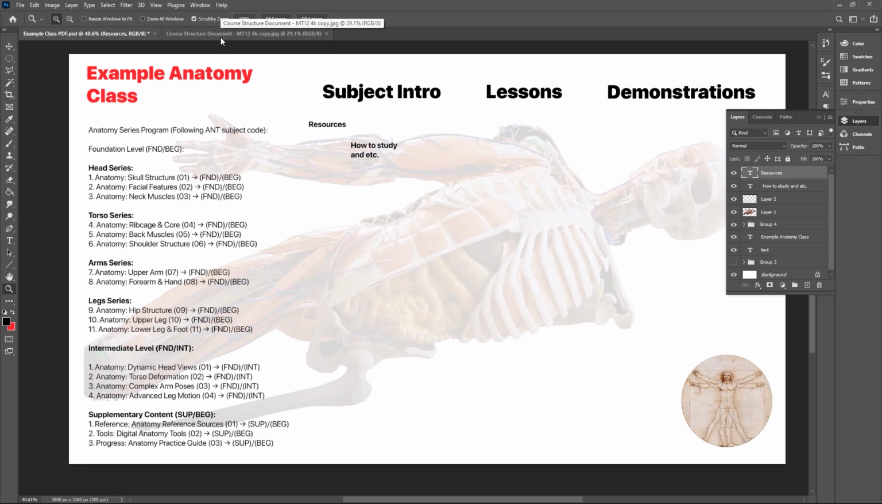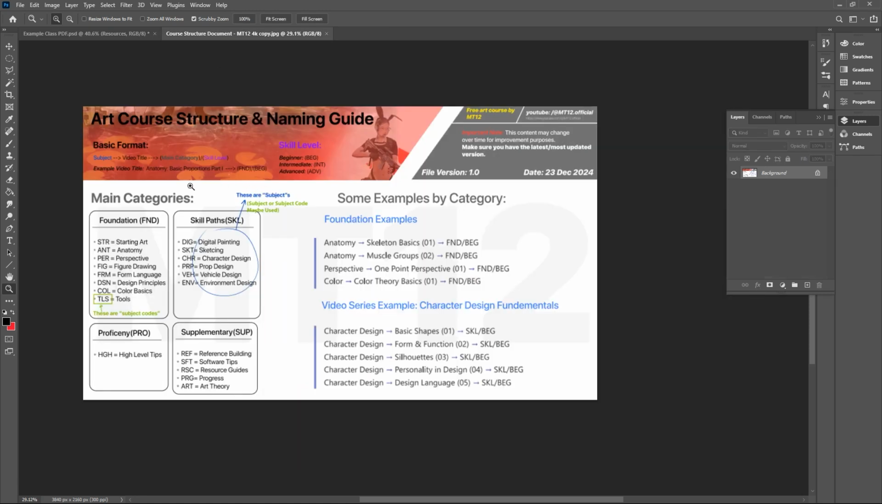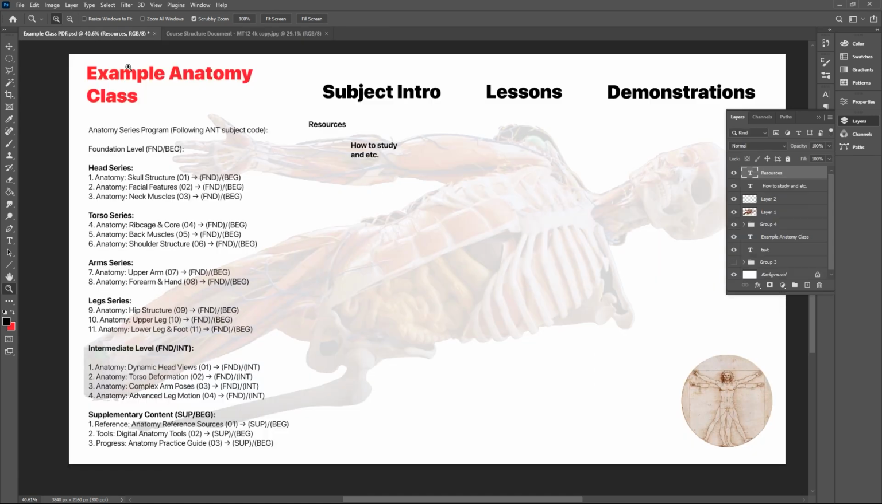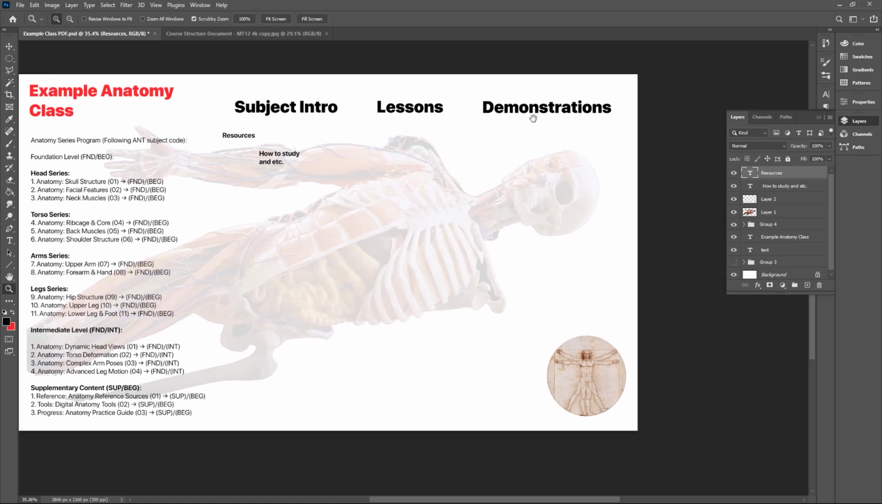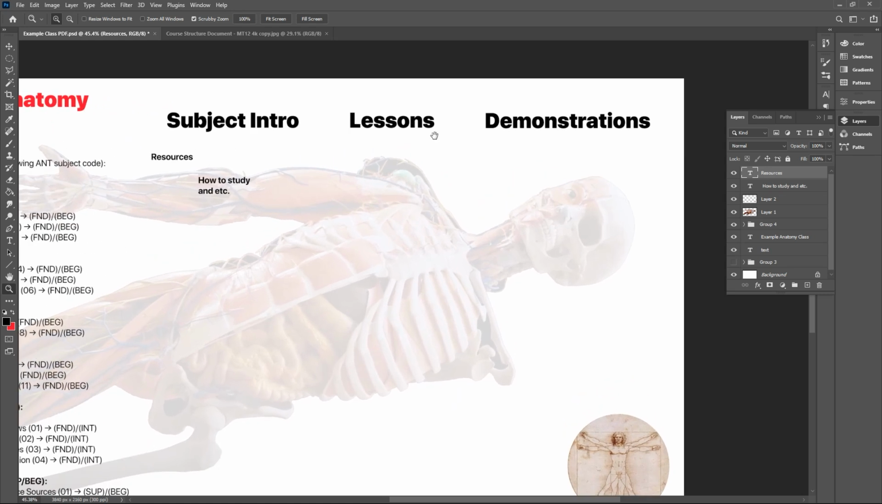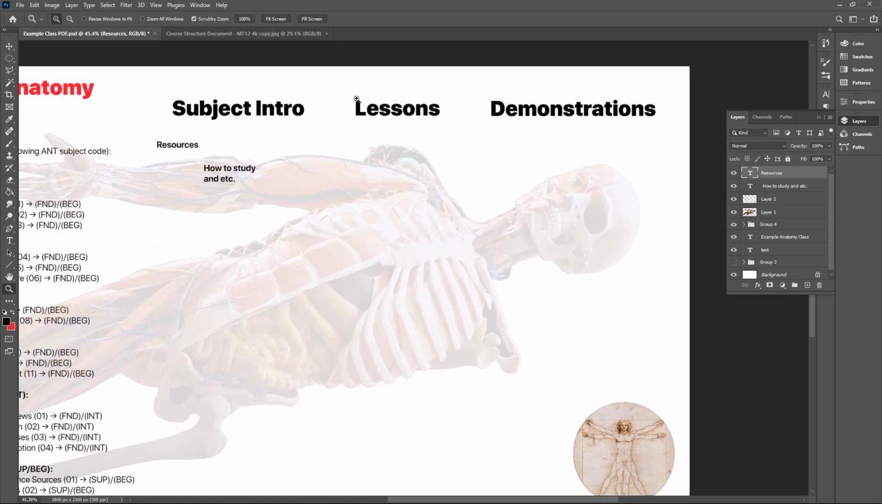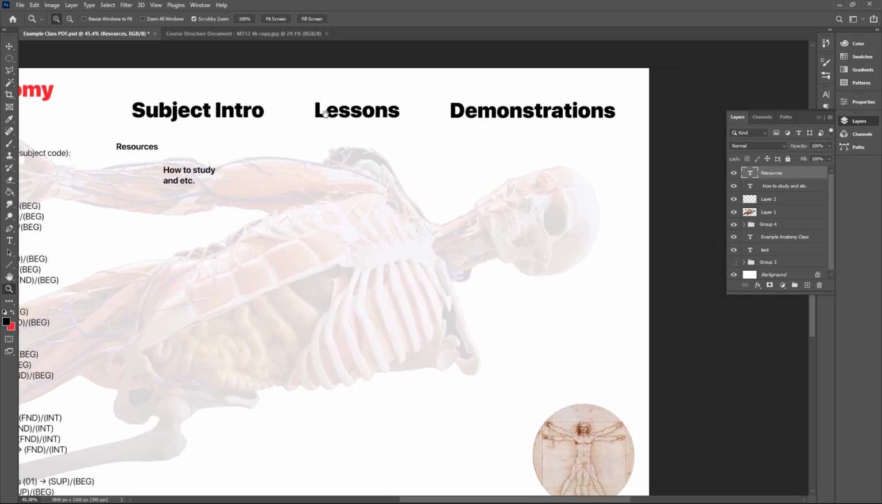So I think this is it. We have our course structure, art course structure and naming guide. We have our example lesson. Maybe I can talk a little bit about lessons and then demonstrations. Yeah, let's talk about it a little bit. So we have two different categories, and this is just the start, and these are the subject intro, resources, how to study, and all. And for the lessons,